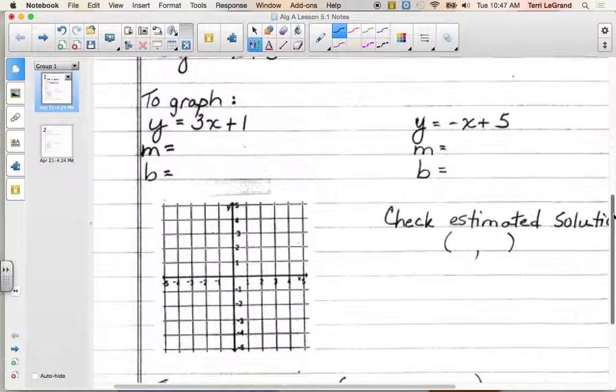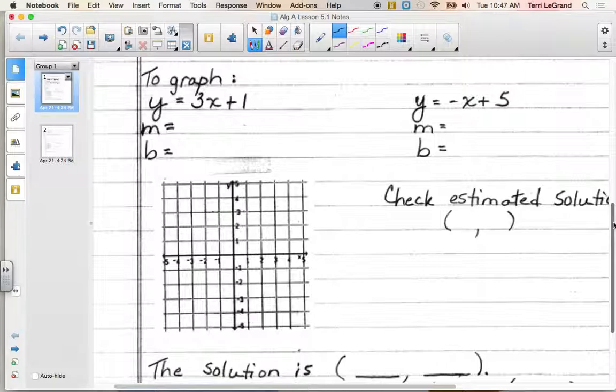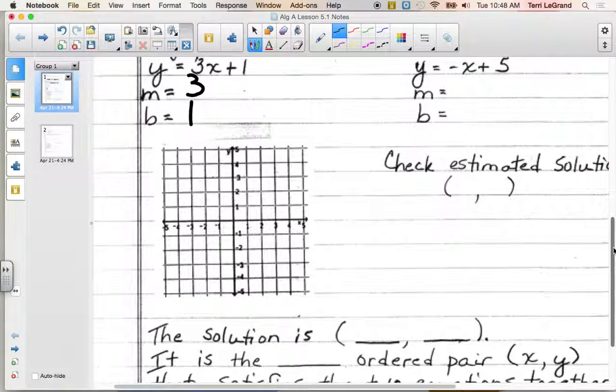So we have our first equation, which is y equals 3x plus 1. Is it in slope-intercept form? Yes. Okay, so we're ready to identify m and b. What's m? 3. What's b? 1. Okay, so we're going to graph that one right away, before we even take a look at the other one. We're going to put its starting point on